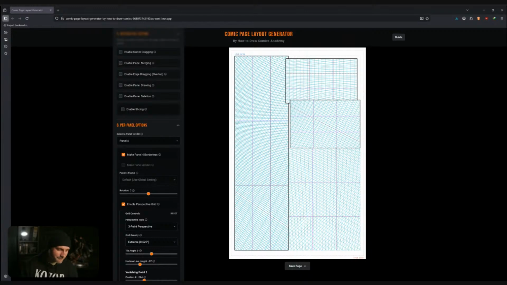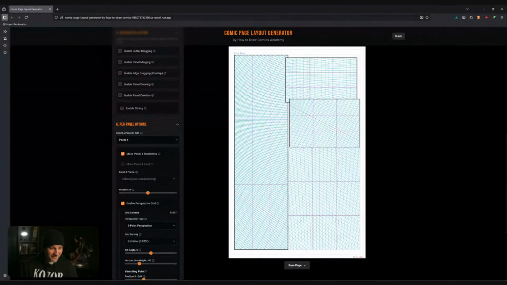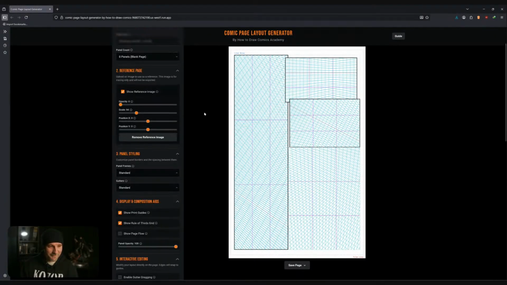So I'll let you guys decide what we go with there. But for now, let's take a look at the Savage Sword of Conan and challenge ourselves to see whether or not we can actually do up a page like that. All right, so